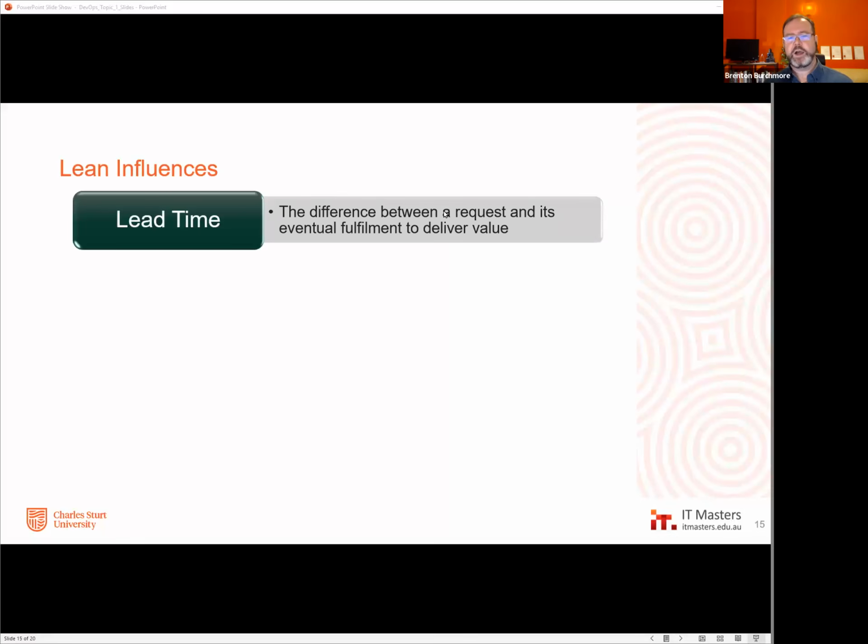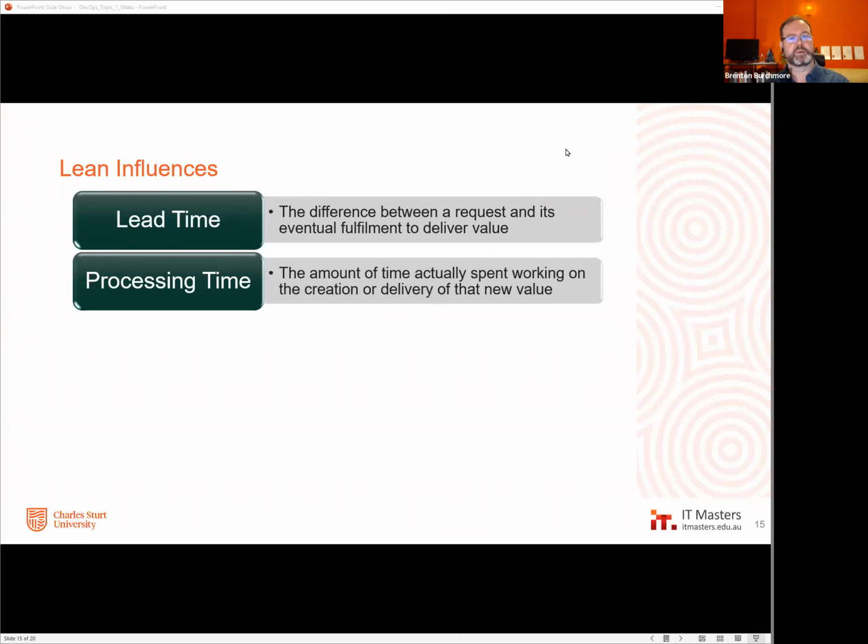Well, the idea of lead time versus processing time is a fundamental issue of what lean is all about and what DevOps has adopted. So lead time is a chronological thing. It's the amount of time between when you ask for a thing and when you get that thing at the other end, right? So the gap between the two is your lead time. Now, we all know that you might wait 3 weeks for something, but that doesn't mean that it actually took the entirety of those 3 weeks to produce it. The processing time is the amount of actual time spent working on something.